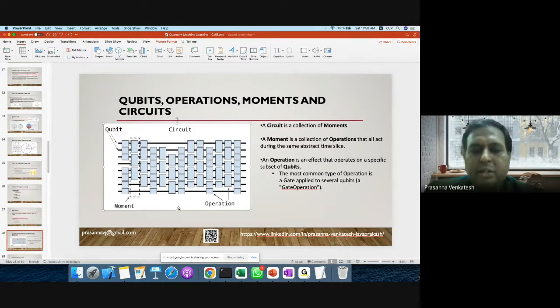And each circuit has a specific moment, at a specific point in time. The whole operation that happens at a specific moment is called a moment. And the qubits are the ones which will be represented towards the beginning of your circuit. These are some of the items that you need to understand.